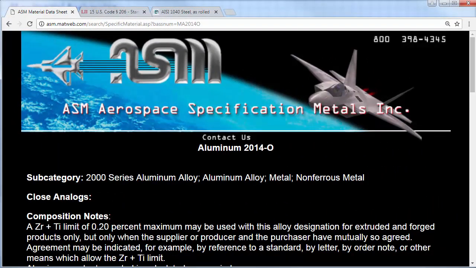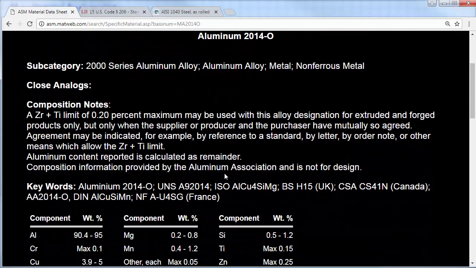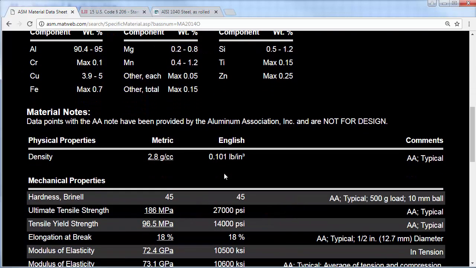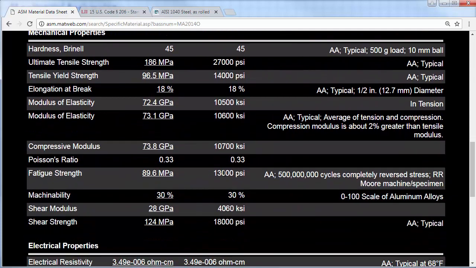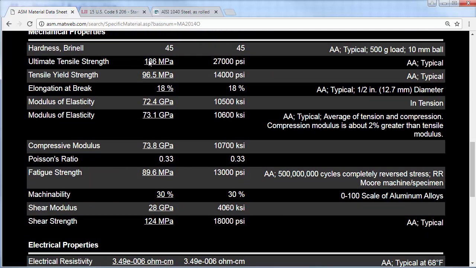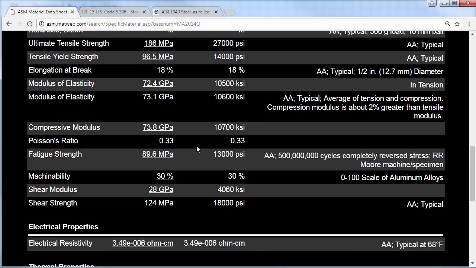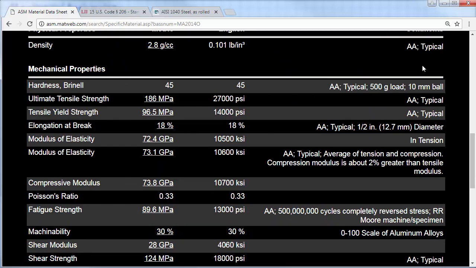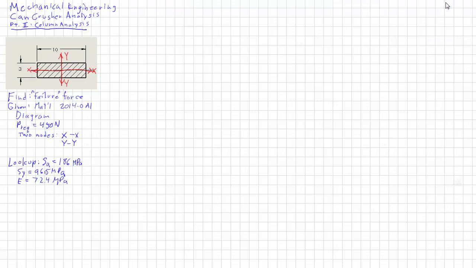And if I go to ASM Aerospace, a supplier of this type of aluminum and many other types of aluminum for that matter, they give you all sorts of information on 2014-0. So here's my ultimate tensile, here's my yield, and my modulus of elasticity. A variety of other things they give you as well in case you need them, but we don't need that today. Now, a couple more things. One of the givens that